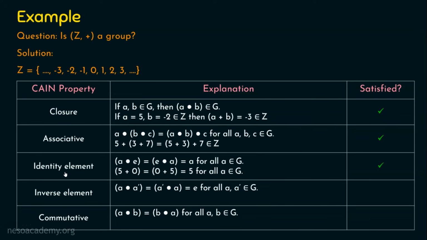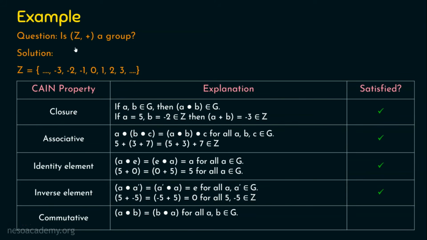Let's now move on to the fourth property, the inverse element. Does there exist an inverse element? Yes. If you take a number 5, there exists -5, so that 5 plus -5 will give 0, which is the identity element, right? You take any number, say 20 belongs to Z, also -20 belongs to Z, so that 20 plus -20 is 0, where 0 is the identity element. So from this we confirm that there exists an inverse element in Z. So the fourth property is also getting satisfied.